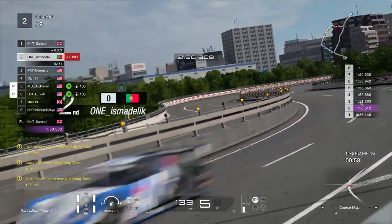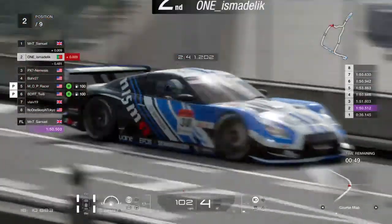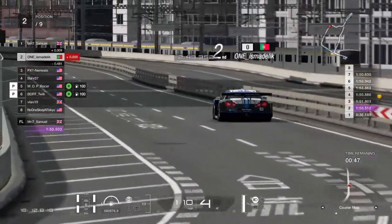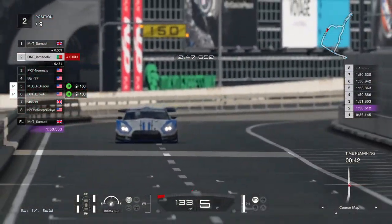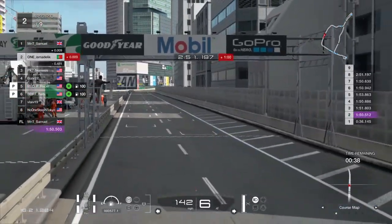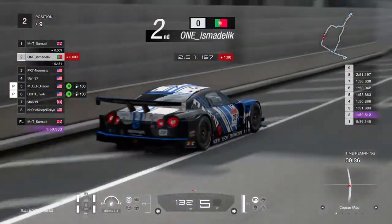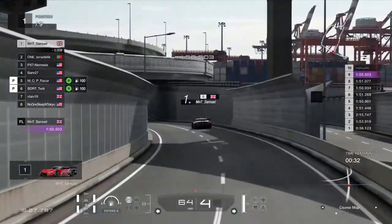Samuel, with a last-minute plunge, takes first place by 9 thousandths over Ismadelic. Ismadelic, I believe, is this going to... No, it doesn't extend the time. I didn't think it would. But, wow. The very last minute, Samuel comes in with a